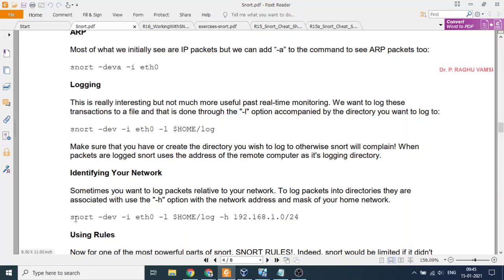One thing you are supposed to remember is snort -dev -i eth0, -l is the log folder, and host. The host is the system where snort was installed. Any traffic intended for that host will be recorded.